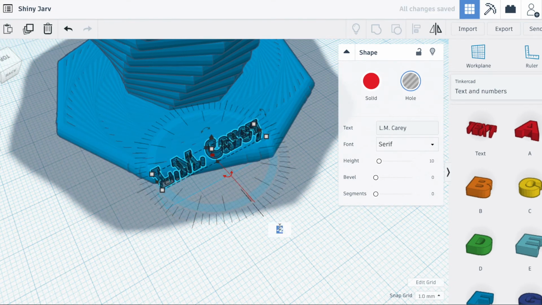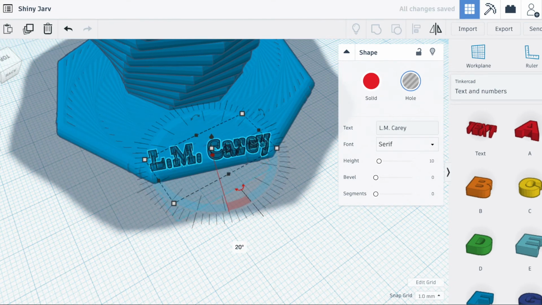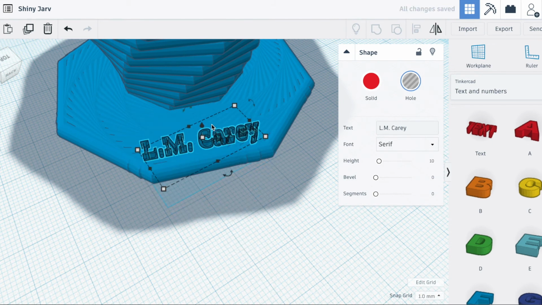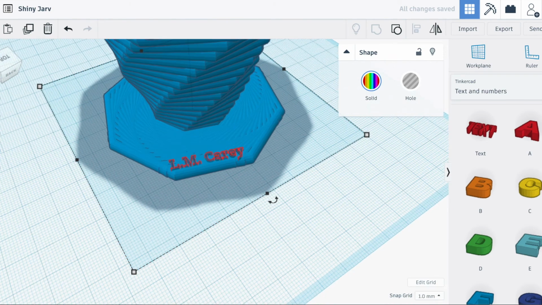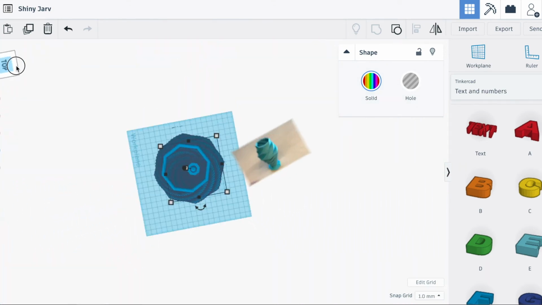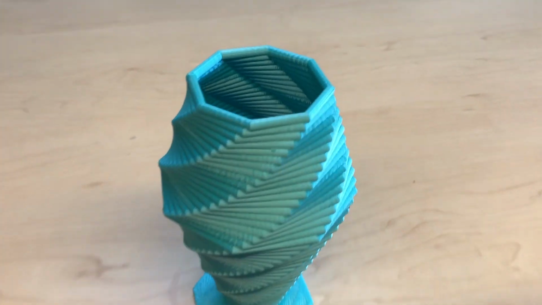Remember, X is left and right on the bed, on the print bed. Y is front and back, and Z is up and down. That can help you. Try rotating around different axes. Try X, Y, and Z. Try messing with the size, and you get a final print like this,